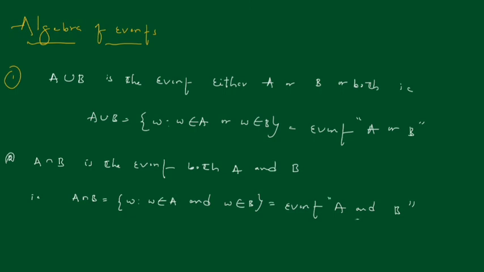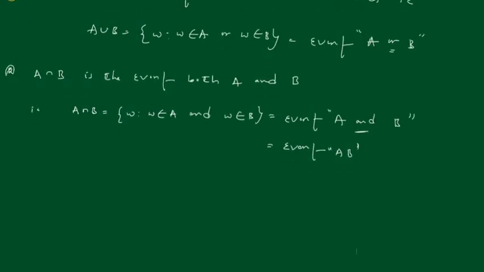Let's observe here, we are taking here 'or' is the right A and B, which is equals to event AB. Event AB we can write as A and B, AB. Intersection, what it indicates, it indicates 'and', right? So these are the events here. We can write them in the form of sets. So next, third one,